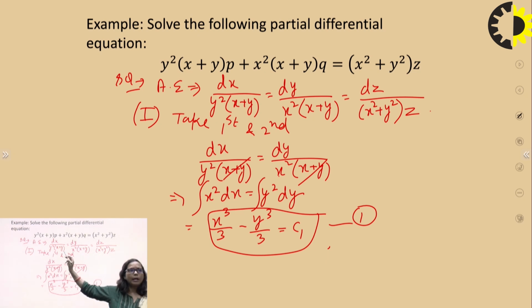But if you look here, if I add these two terms, I get the value x square plus y square, and in this term we have x square plus y square. So here I use the next method, the multiplier. I take the multiplier only for these two fractions. So how do I do that? First I write this equation.